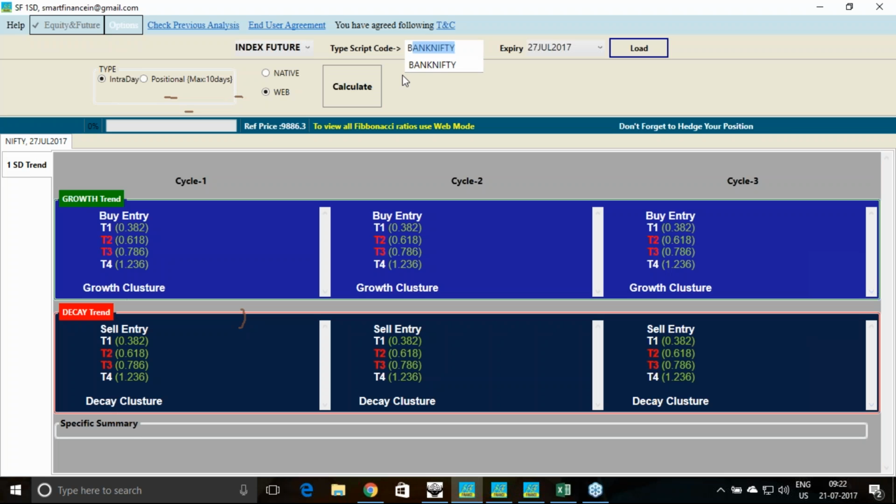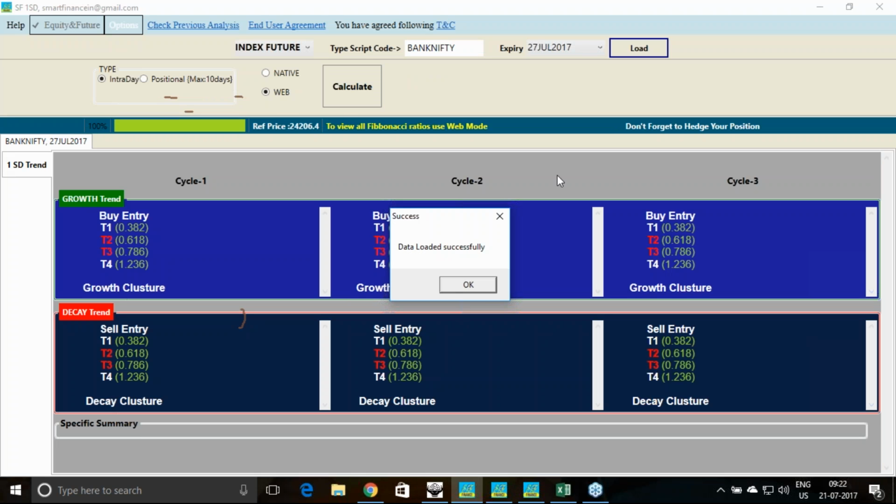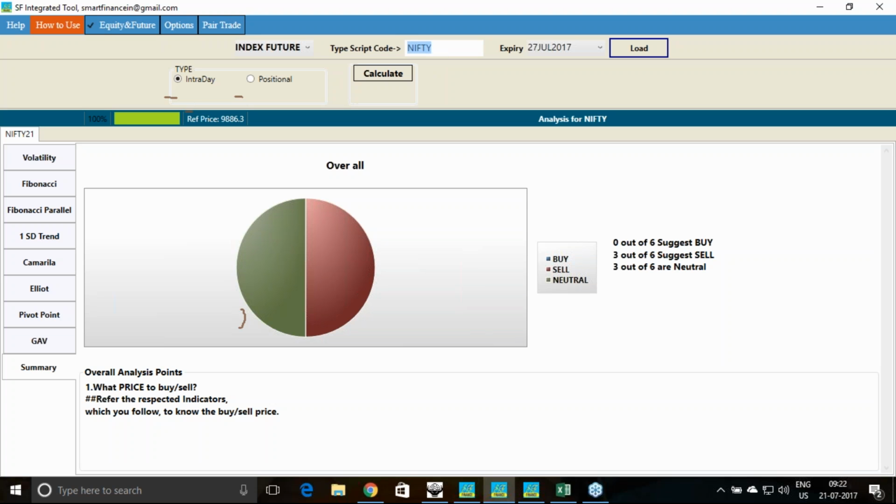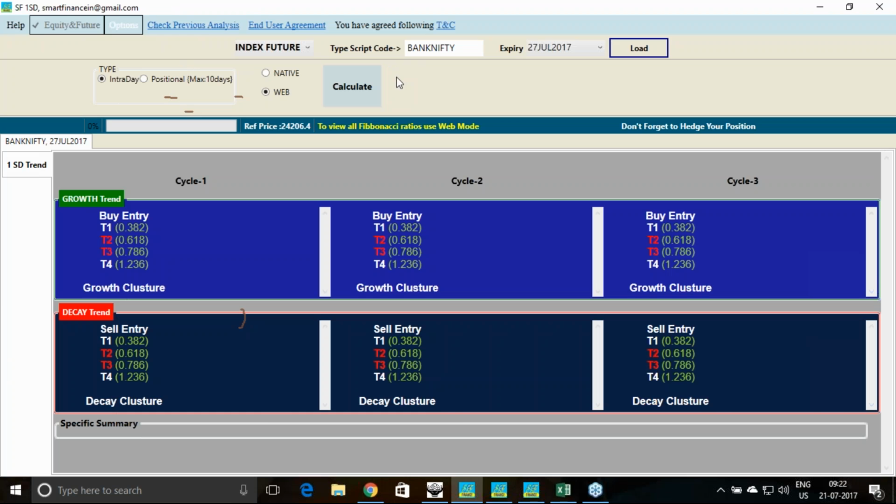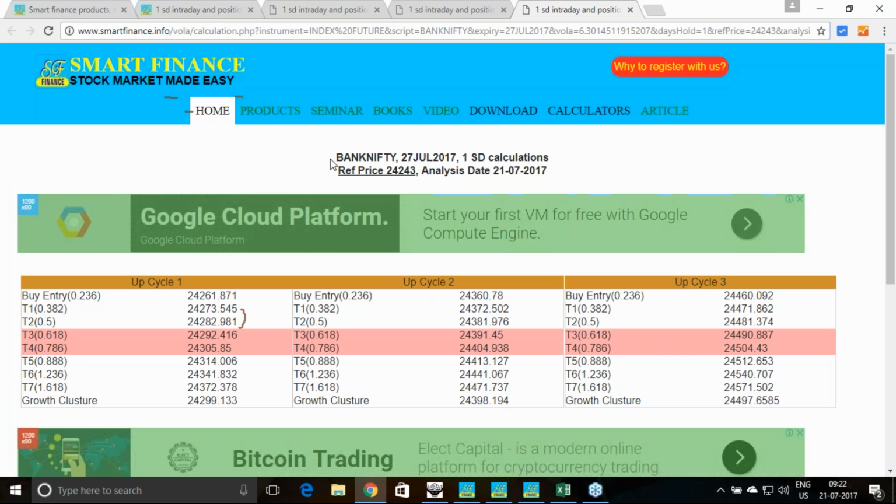So now coming to Bank Nifty. I will be loading the data and we will calculate the Bank Nifty. I will see what indications it is giving in the summary of the Smart IT tool. So here 4 suggest sell, 2 are neutral. So this is the overall trend of Bank Nifty as per all of this: volatility, Fibonacci, 1SD, Elliott, pivot, all studies together. So these are the Bank Nifty levels: